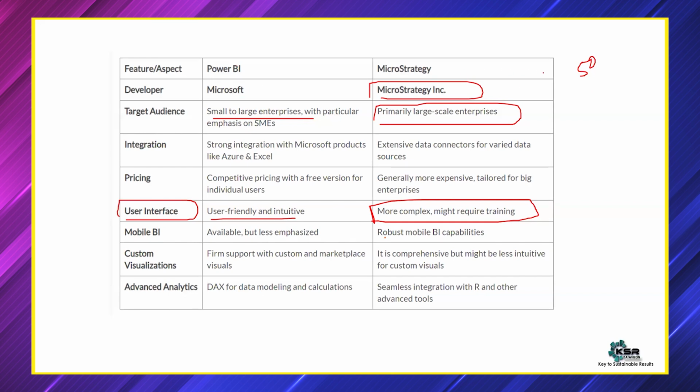Why? Because Power BI supports small organizations, small enterprises with $10 per user per month, whereas in case of MicroStrategy, you have to pay for the complete product. It is only specially designed for large scale enterprises. But with that, Power BI is way more friendly, whereas MicroStrategy is complex. Pricing with free version desktop and very less in terms of service. It is more expensive. Now, there are multiple other factors also, which also play an important role.